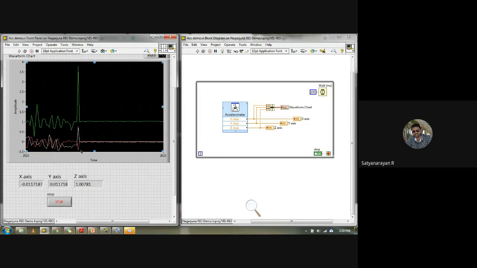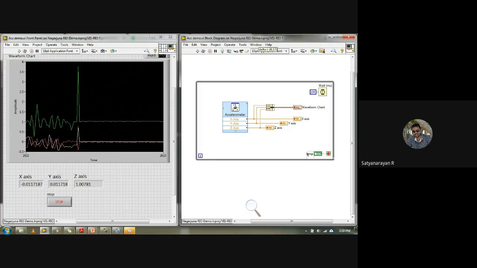For analyzing purposes, they'll be using LabVIEW. That is what I have designed in such a way that the code should be very flexible. If you want to catch anything with respect to axis, or where exactly you are getting the vibration, this is the best method I can show you.